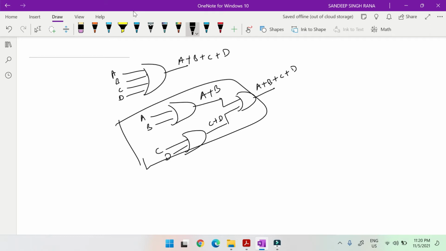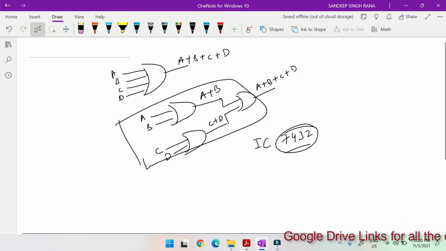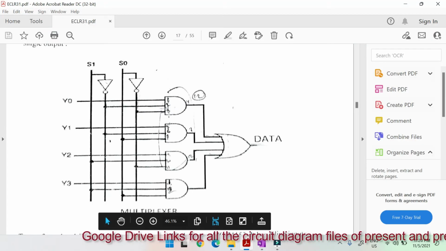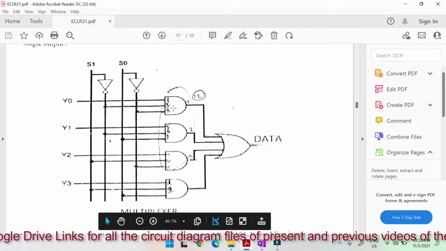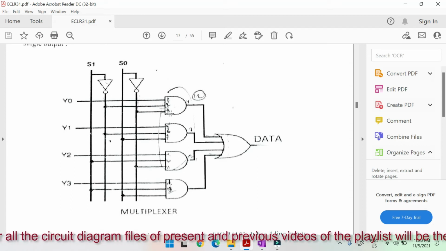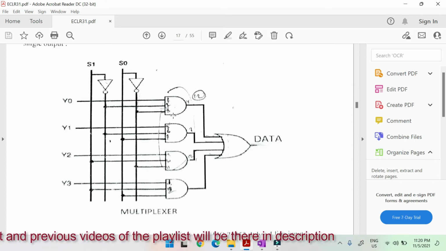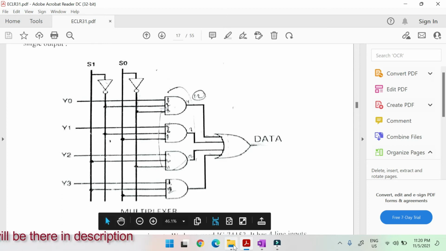So this way we can design using our IC, that is the 2 input OR IC we already have. I have already made this 4 cross 1 in our Java multiplexer, so that I can easily explain. We can use another IC that we already have for an AND gate, that is we already have the 3 input positive AND gate IC. So let's go to our Java breadboard and design this 4 cross 1 multiplexer.